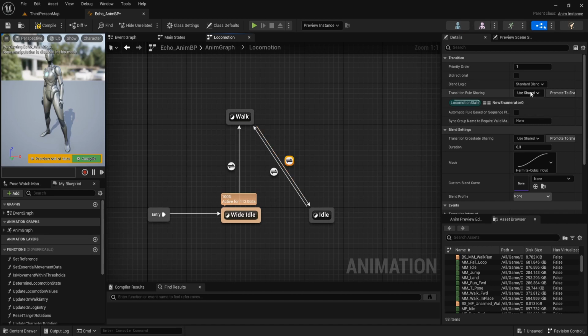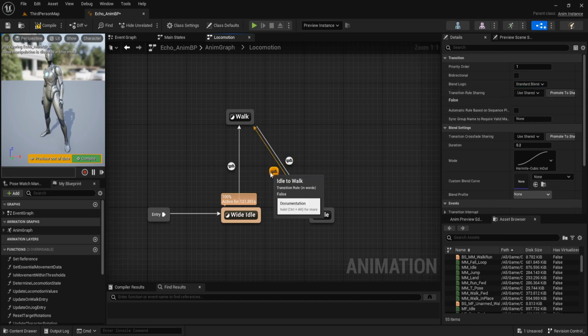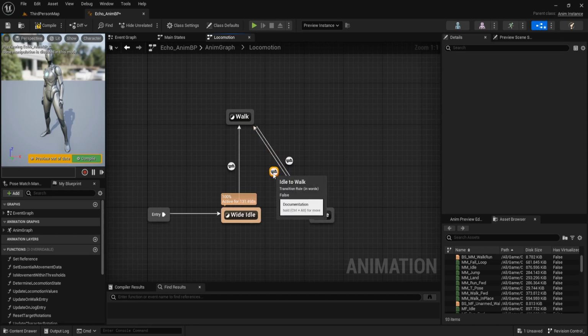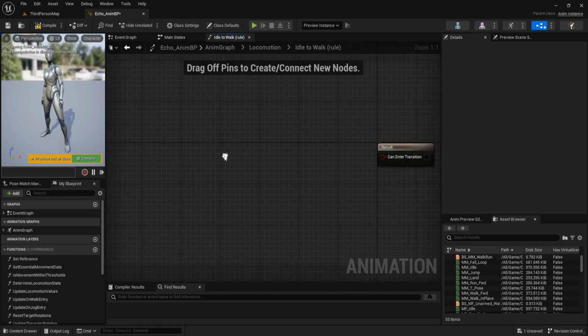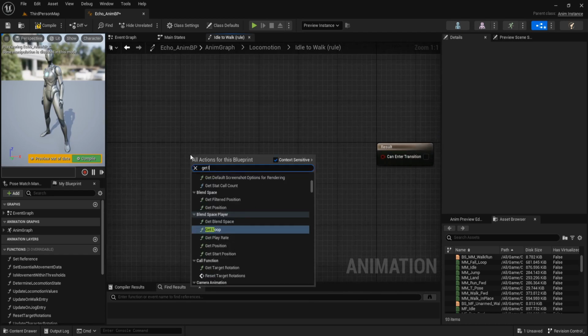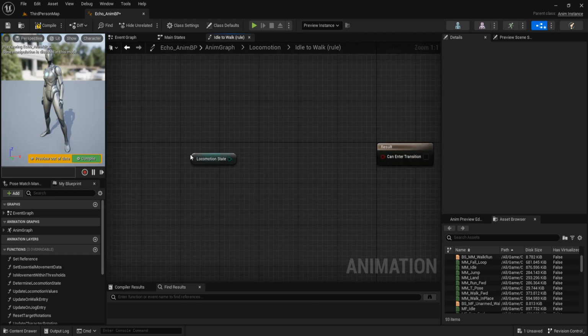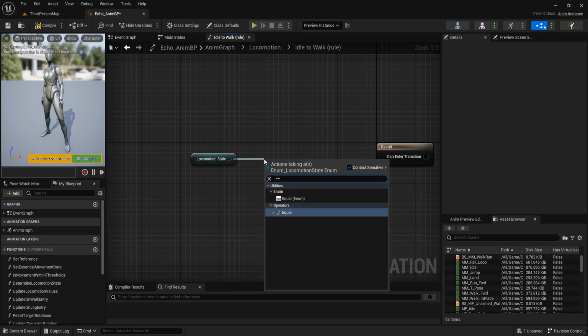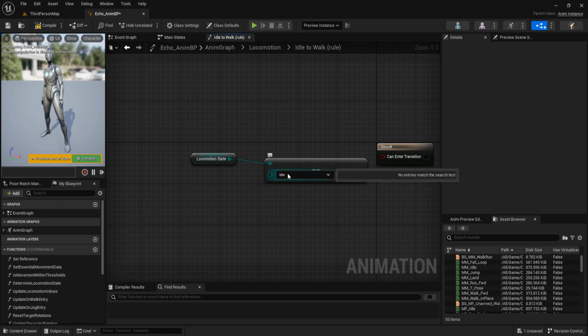This transition we use blend logic inertialization. And this transition from idle to walk, double click, get locomotion state, and it equal to the walk state.